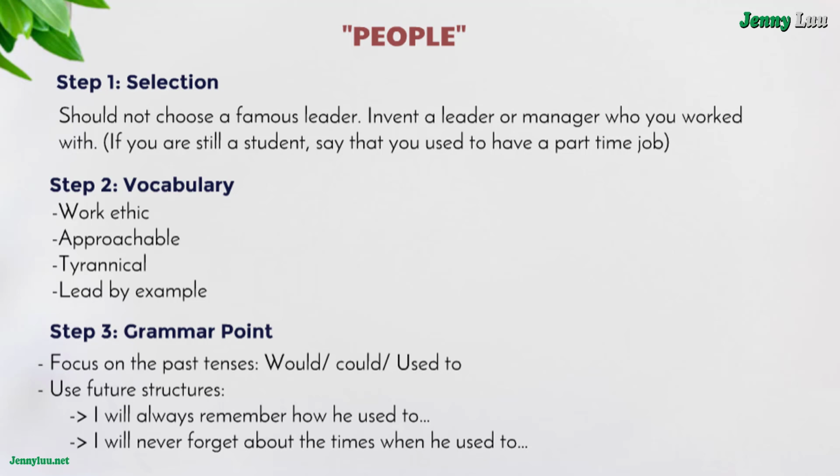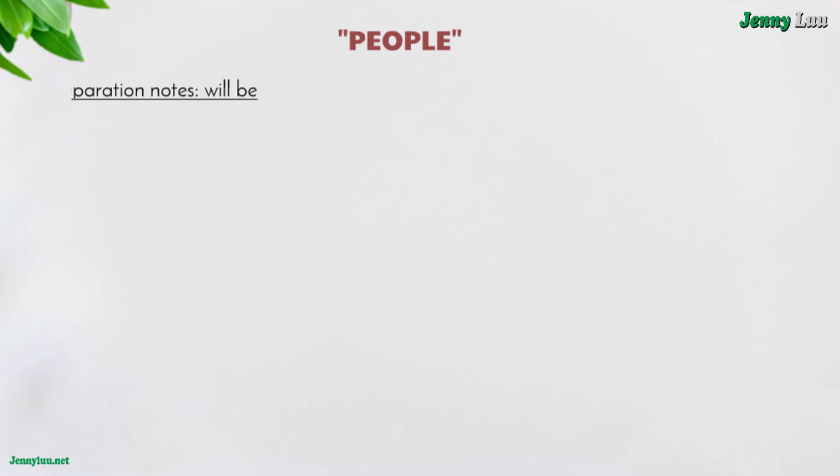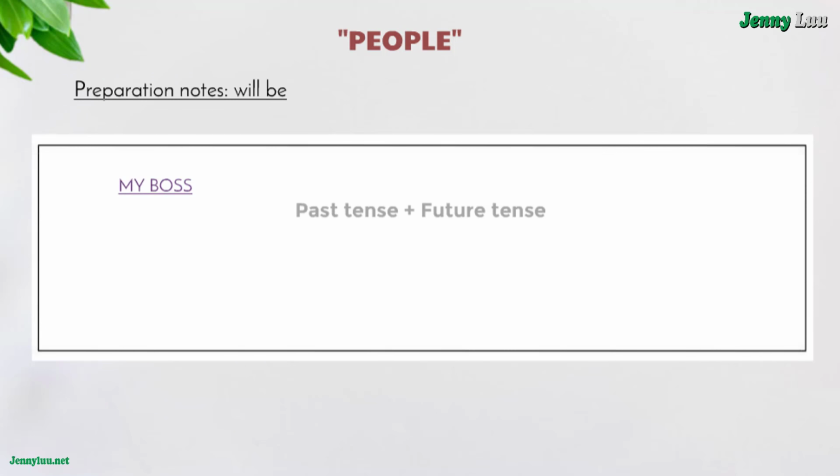Step 2, vocabulary. Work ethic. Approachable. Tyrannical. Lead by example. Step 3, grammar. Focus on the past tenses. Would, could. Used to. Use future structures. I will always remember how he used to. I will never forget about the times when he used to. Preparation notes will be: